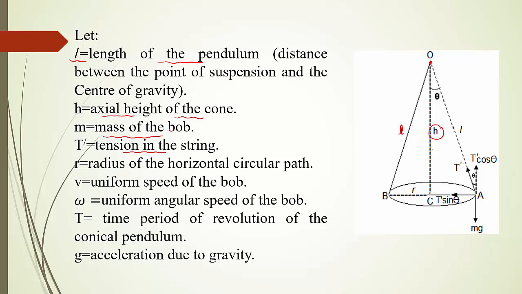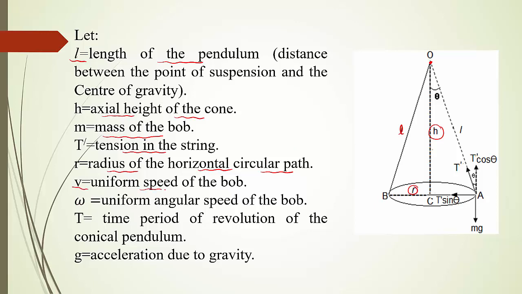So when the bob is attached to the string or a thread and we apply the force, the bob starts to oscillate. It will move in a circular path. Now you can observe the thread has certain vibrations. Those vibrations are itself the tension in the string. It is a force, but that force is in the opposite direction. So we will get some vibrations in the string, that is tension. R is the radius of the horizontal circular path. What is R? The horizontal circular path radius. Here it is R.